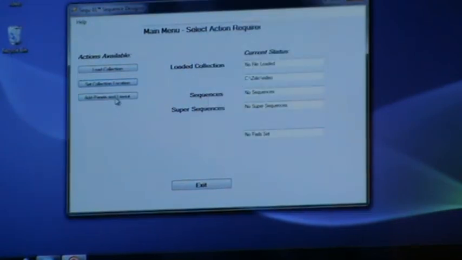The next thing we do is add our panels and layout. You can see the program by default gives you one panel to work with. The minimum amount of panels you can work with is 1, and the maximum is 8, and that corresponds to the hardware. So I'm going to add some more panels here. You can add as many as you like, between 1 and 8,